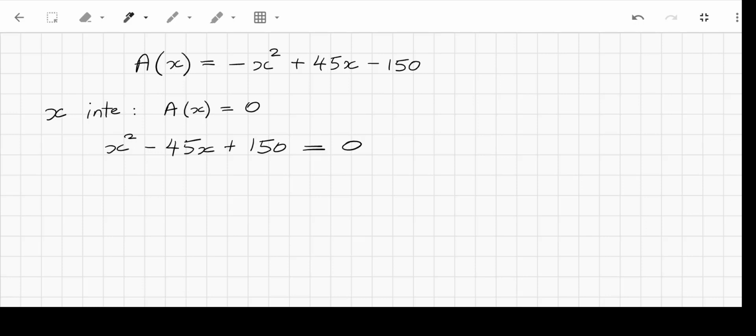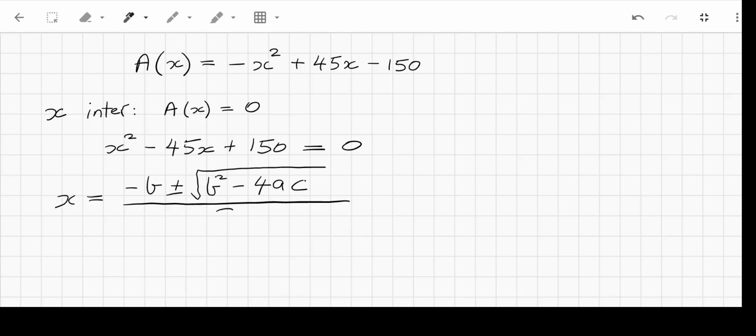Gotten rid of that negative sign. To solve this, I'm going to use what's called the quadratic formula, which is x is equal to negative b plus or minus the square root of b squared minus 4ac all over 2a. So that's going to give me 45 plus or minus the square root